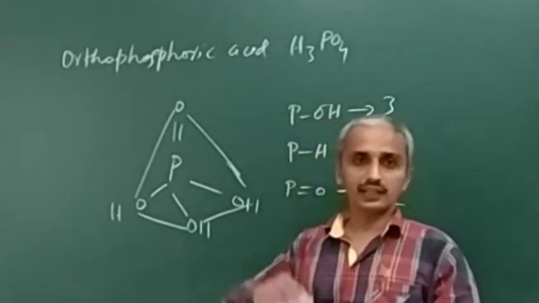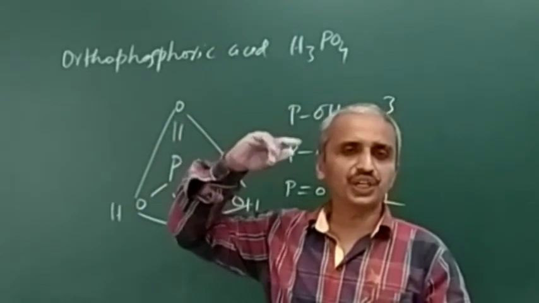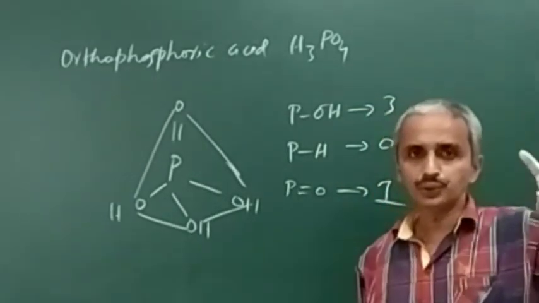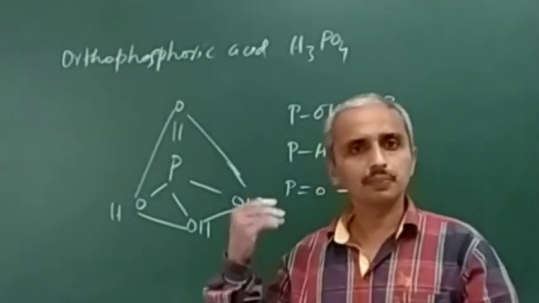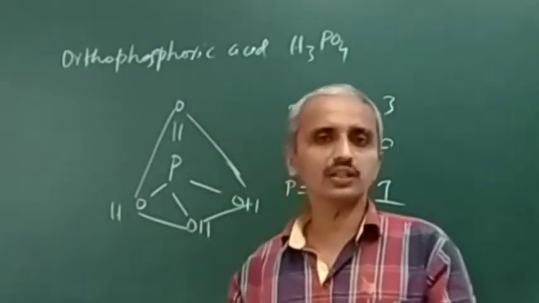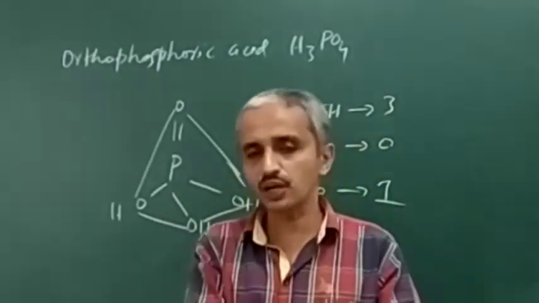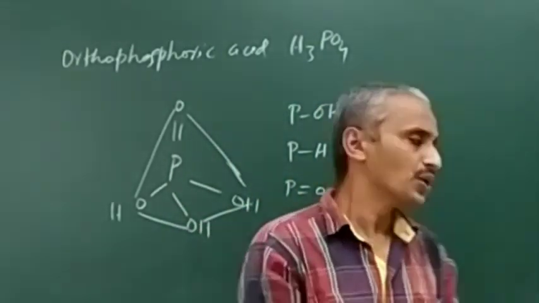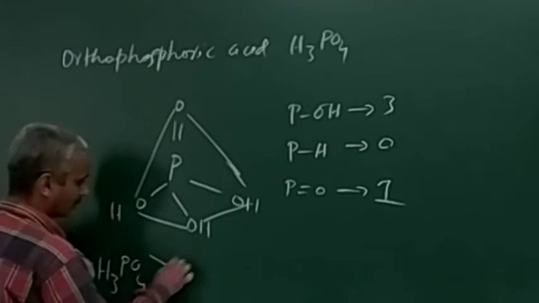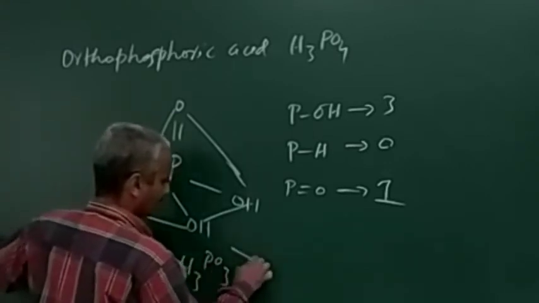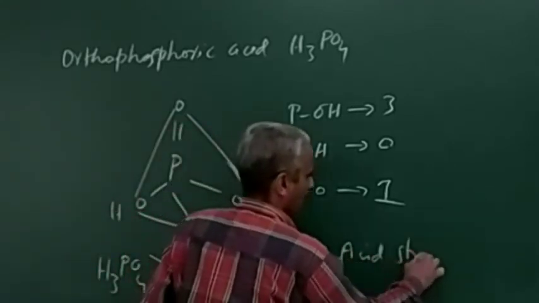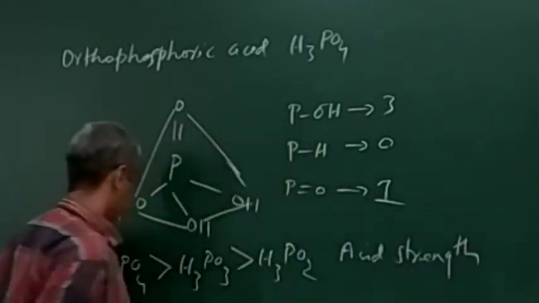That is one way. Or I can say, higher the oxidation state, stronger the acid. H3PO2 plus 1, H3PO3 plus 3, H3PO4 plus 5. So plus 5 oxidation state is there for the phosphorus, means it is stronger than the plus 1 state. So acid strength, if you consider, H3PO4 stronger acid than H3PO3, stronger acid than H3PO2. This is acid strength. Note it down.